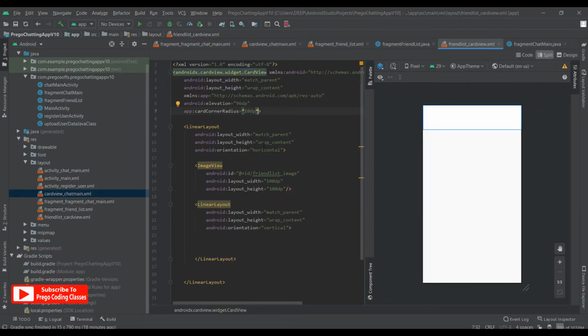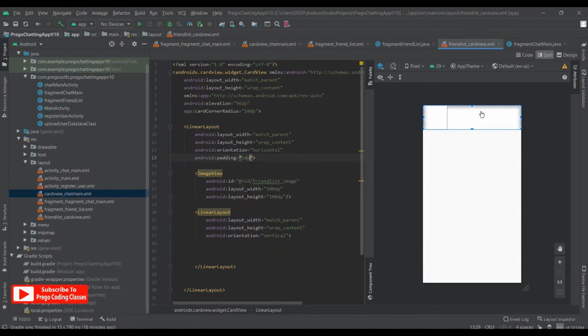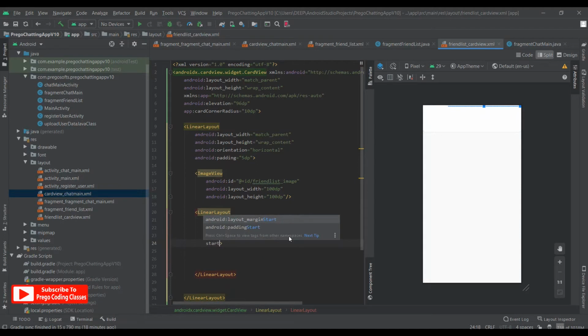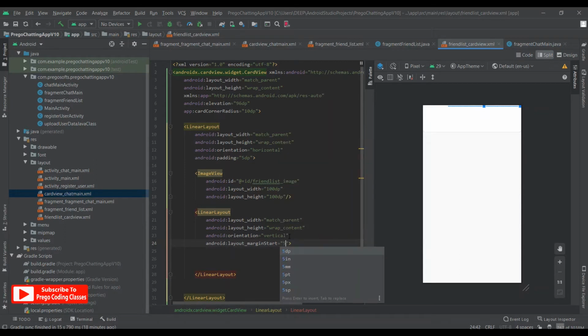In the linear layout we can also use some padding, so let's just say padding of 5 dp, and over here we'll just use a margin start of, let's say, 5 dp only,